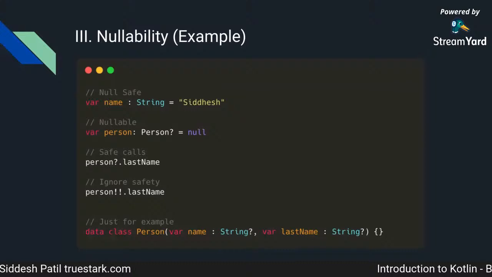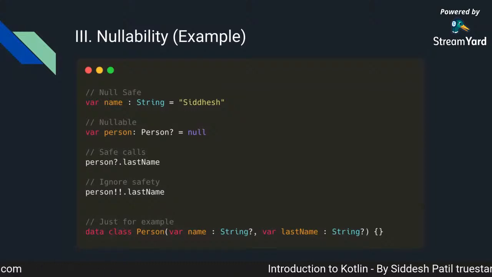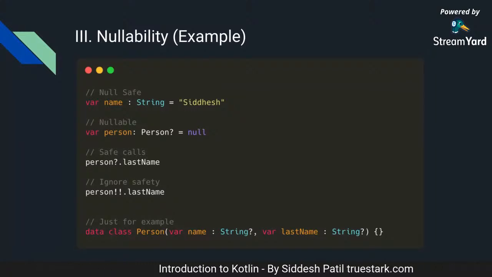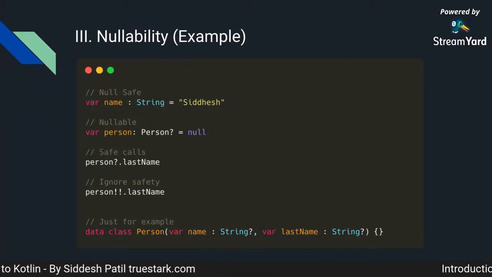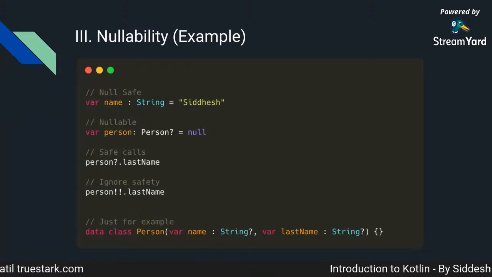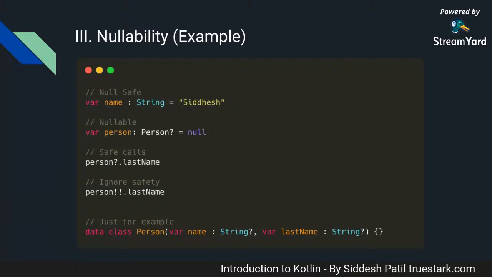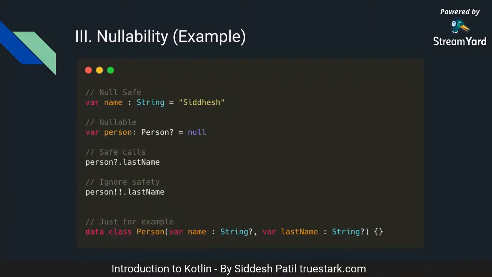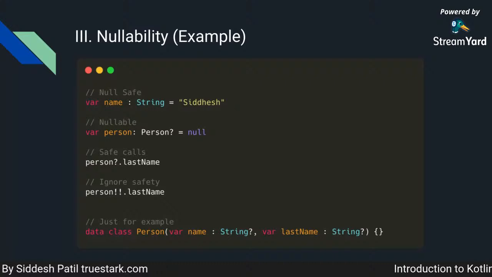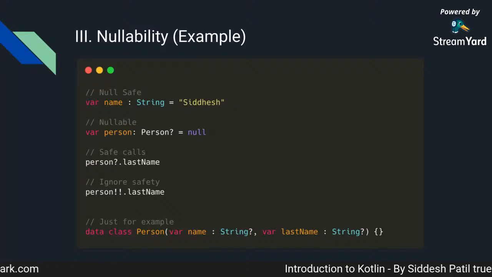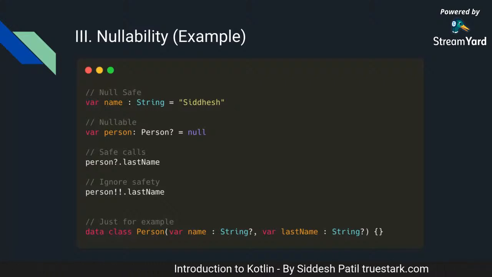So here I have declared a name, which is again from the previous example, and this is null safe. Now, why is this null safe? It's because I'm already declaring it a value and it's not null, right? Kotlin by default, when you write something, takes that as a non-null value, a value that cannot have a null. So what I mean by that is it's already null safe.